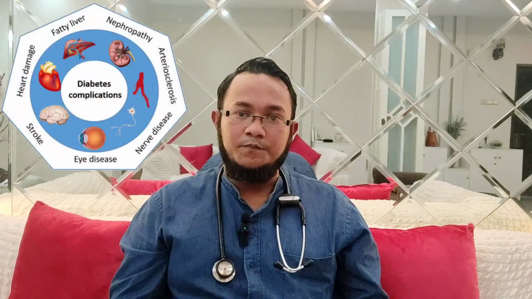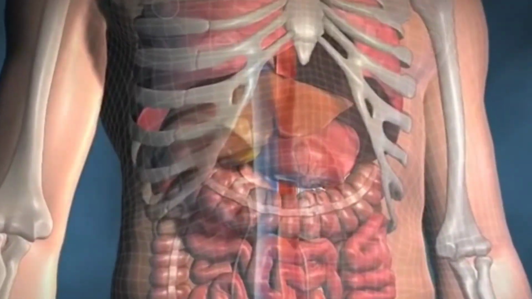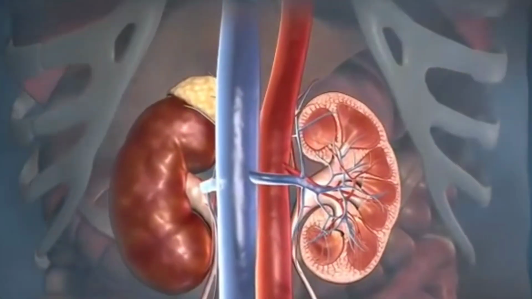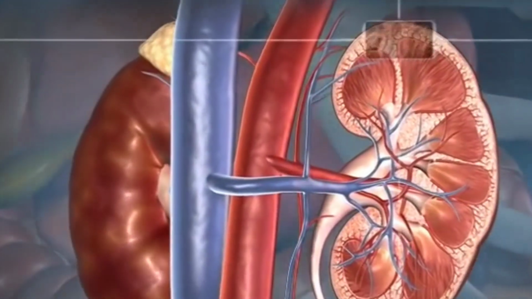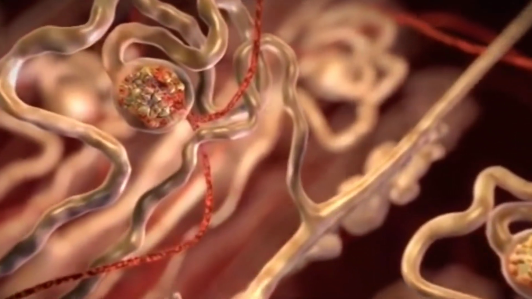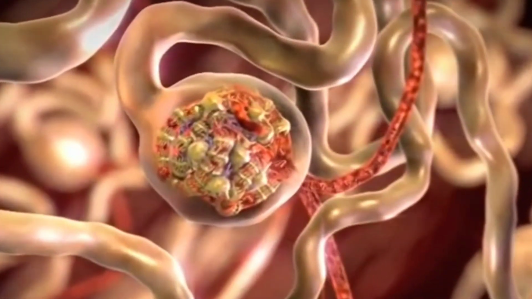Now let's discuss nephropathy. Nephropathy is another microvascular complication which leads the patient to end-stage renal disease. So early detection is very important. It can be diagnosed very easily by simple tests like serum creatinine with eGFR calculation, albumin creatinine ratio, and urinary albumin excretion rate. These are enough for the diagnosis, but for confirmation we sometimes have to do a renal biopsy